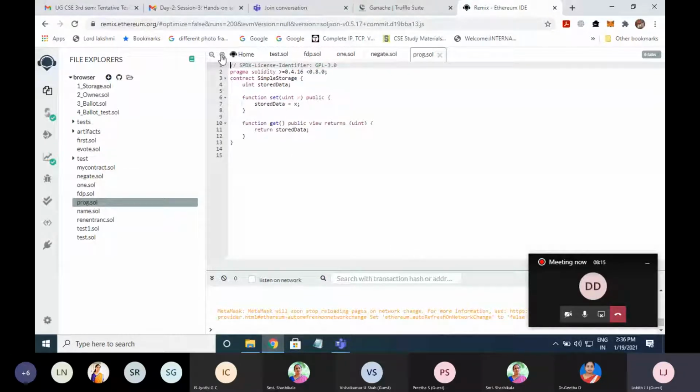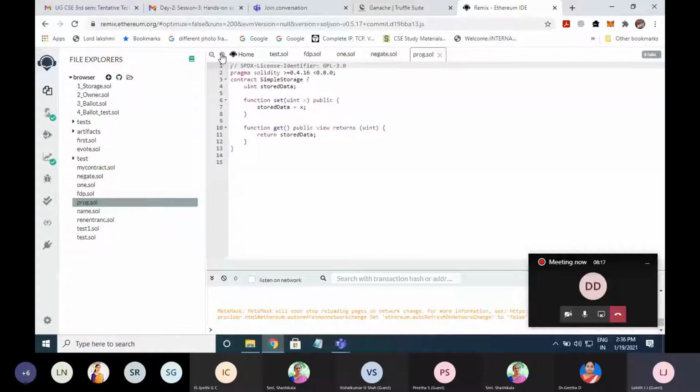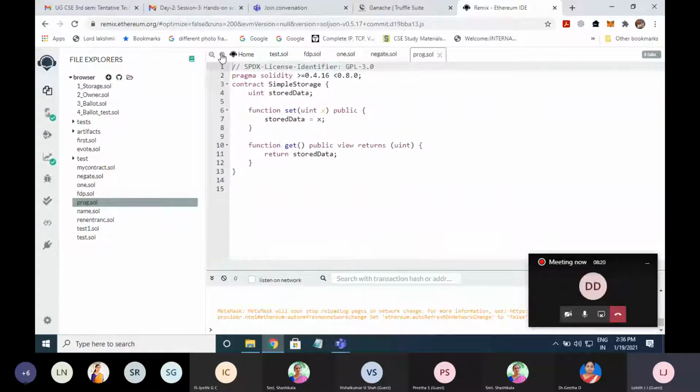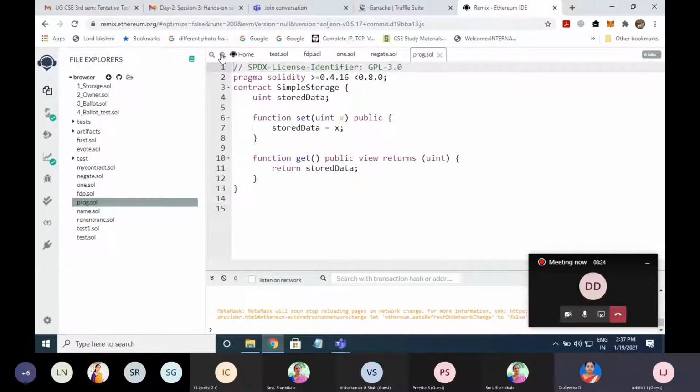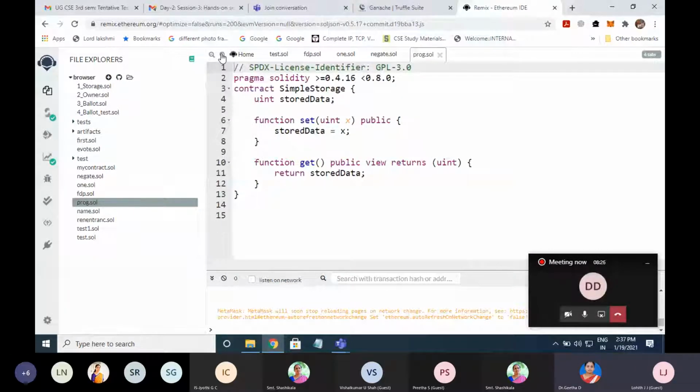Is the code visible? Is the font size okay? Yes, sir, it's visible. Now this is a simple program. As I told you, pragma solidity is a directive to indicate that the following is smart contract code.